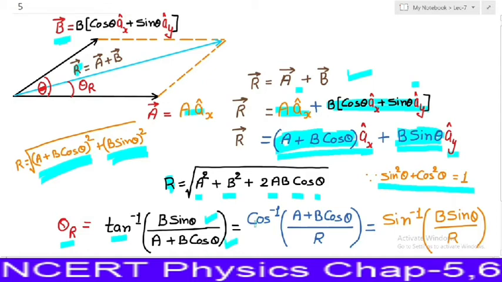Now you can write this angle in terms of cosine function also, as cos of theta is equal to base upon hypotenuse. So here base is coefficient of ax cap, that is a plus b cos of theta, and hypotenuse means diagonal is resultant itself, so divide by r. You can write in terms of sine inverse also, as sine of theta is equal to perpendicular upon hypotenuse. So perpendicular here is b sine of theta and hypotenuse is resultant itself, so divide by r. So in this way you can write angle for this resultant vector in terms of all three functions, that is sine, cos and tangent. So friends, this was all about vector addition.